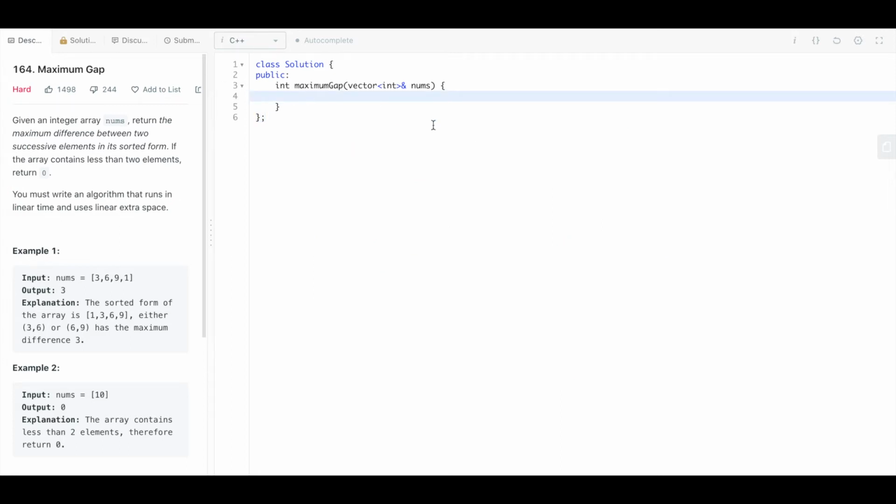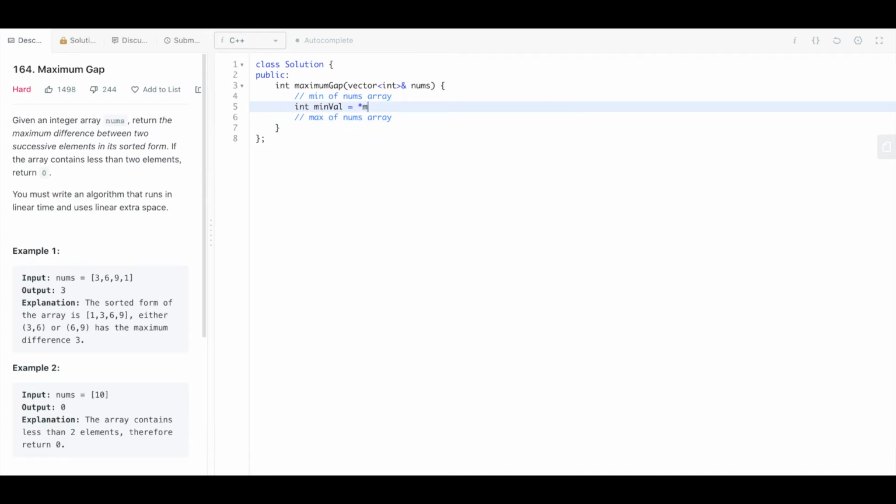The first thing we need to do in order to define a bucket sort is to define how many buckets we need. For defining how many buckets we need, we find the minimum and maximum number within the nums array. For this, I will define two different variables: min_val, which is the minimum of the nums array, and the other one, max_val, which is the maximum of the nums array. For the minimum, I can use a function defined in vector.